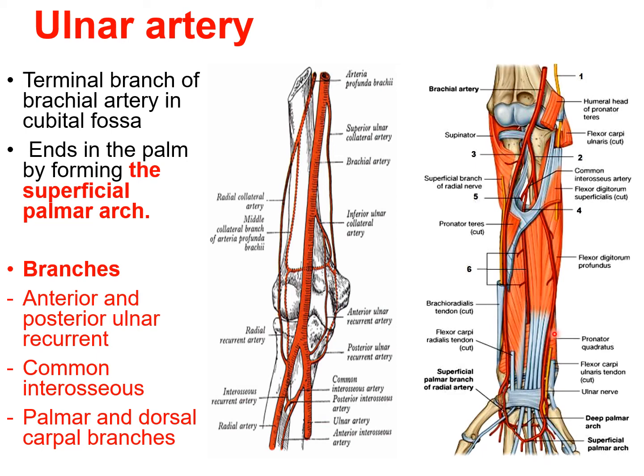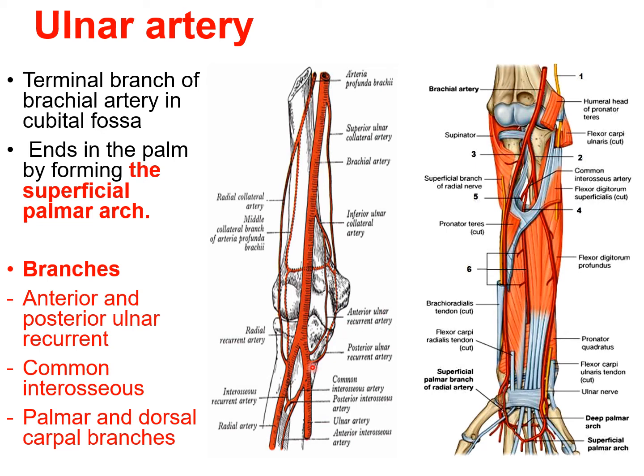If we see in the upper half, the artery is deep and it is covered by the pronator teres, the flexor carpi radialis, the palmaris longus, the flexor digitorum superficialis, and the flexor carpi muscles. In the lower half, the artery is superficial and it is covered only by skin, superficial and deep fascia. The origin of artery lies on the brachialis and on the rest of its course, the artery is lying on the flexor digitorum profundus.